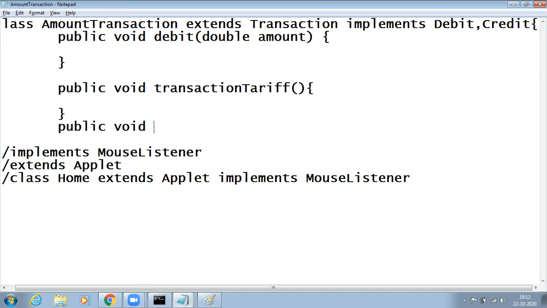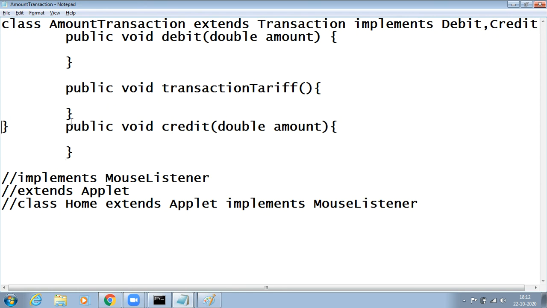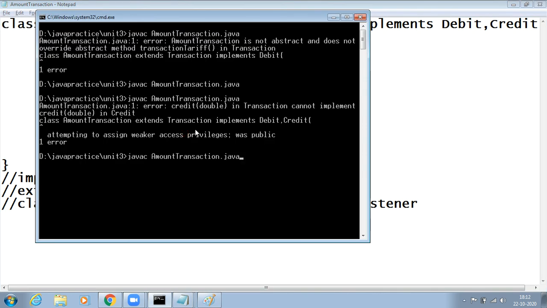What is that? public void credit(double amount). Okay, now again compile, the error is gone.